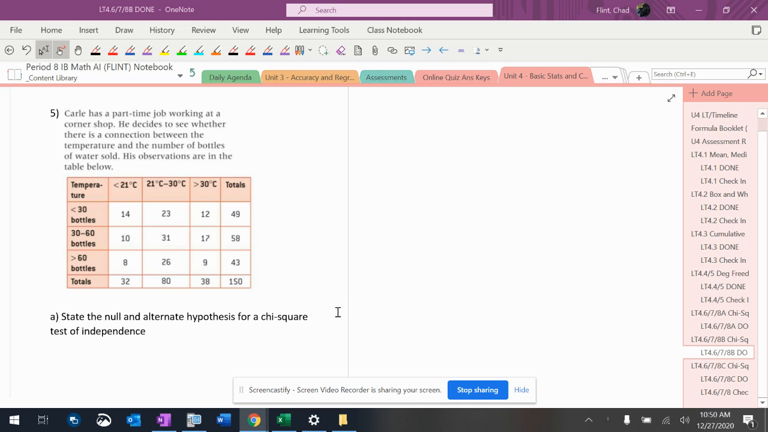Another one of these problems where I'm going to have to calculate the value. So let's get into this, because these do take a little bit of time. The null hypothesis is about the correlation, the connection between temperature and bottles of water sold. So, null hypothesis: temperature and number of water bottles sold are independent,